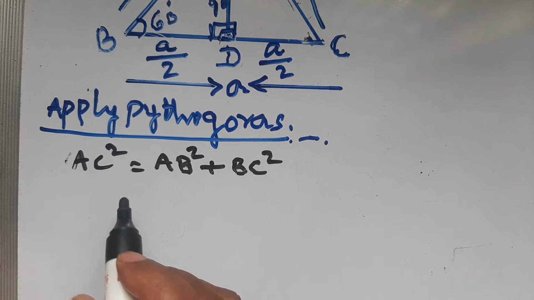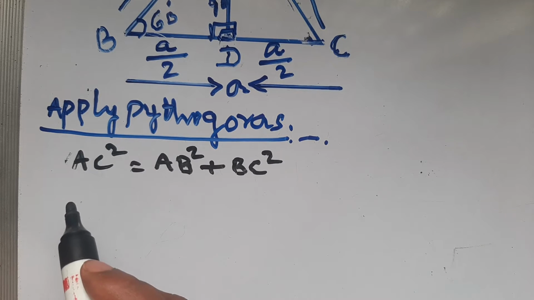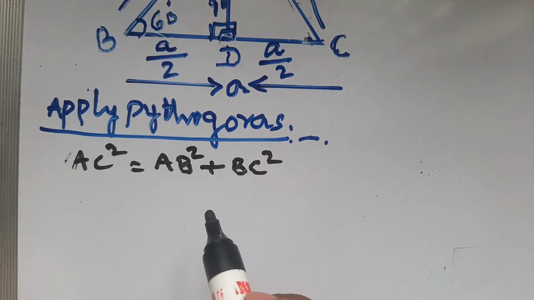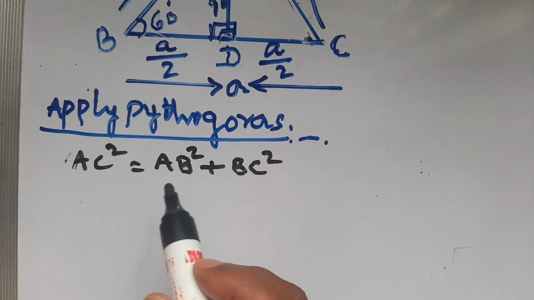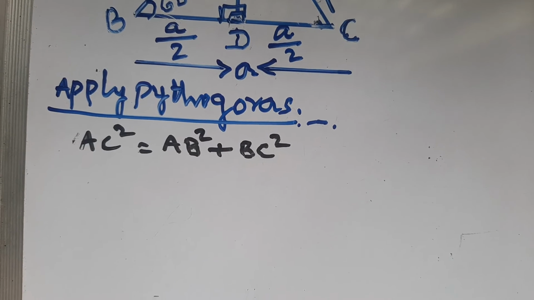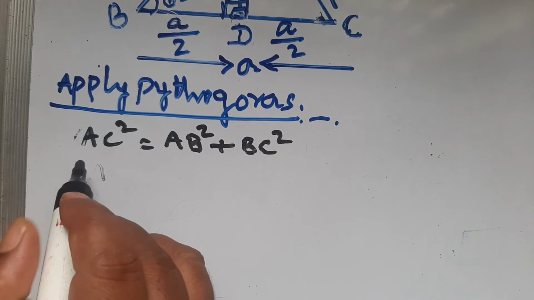Now according to this, we want to find AD. So according to this, here the sides are different. What do we have to write? AB square we have to take. AB square is equal to, from figure,